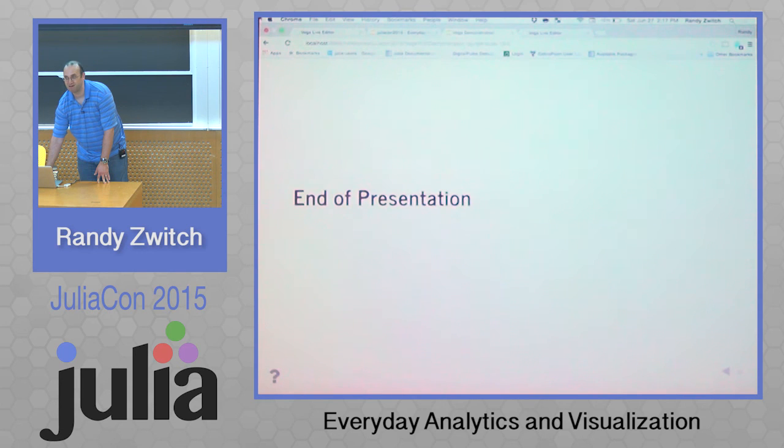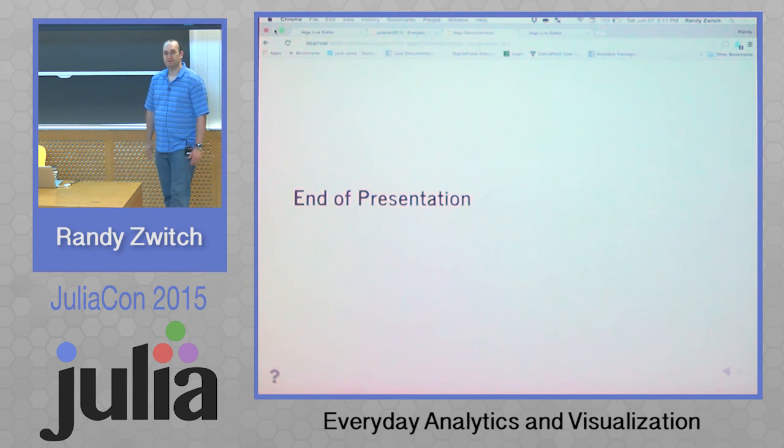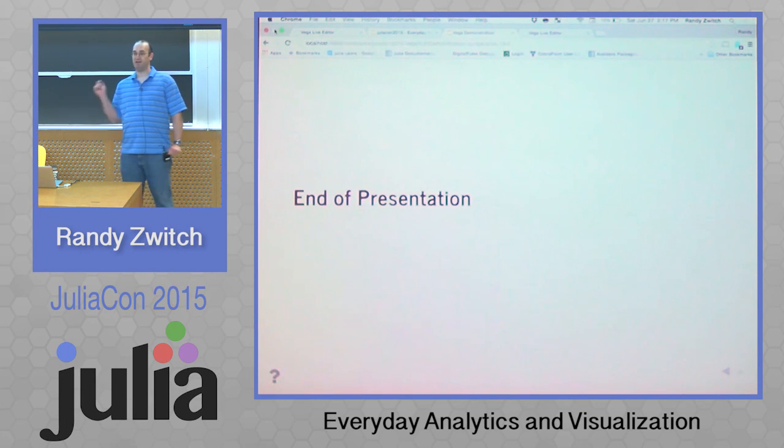Are there any questions? Is Vega pretty stable at this point? In what way? Well, it's a sort of middleware of a sort. A programming language in D3, right? Right. So Vega is a wrapper on D3.